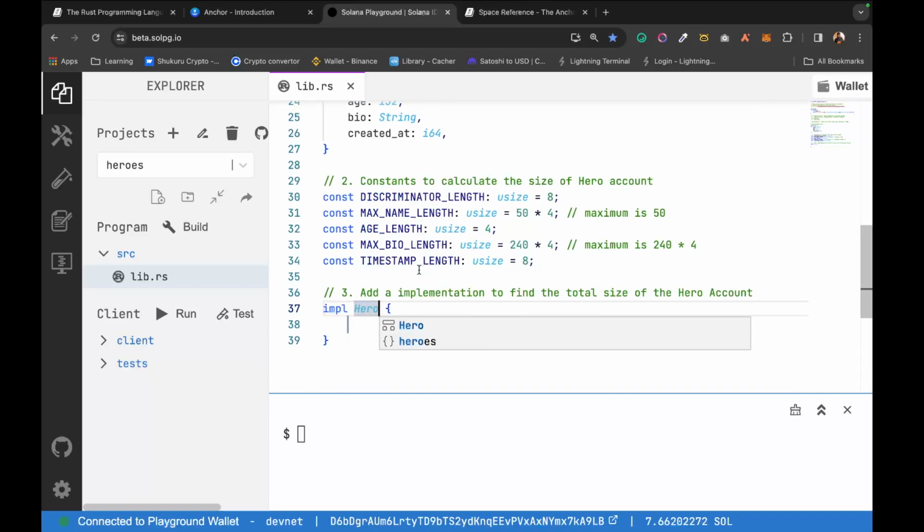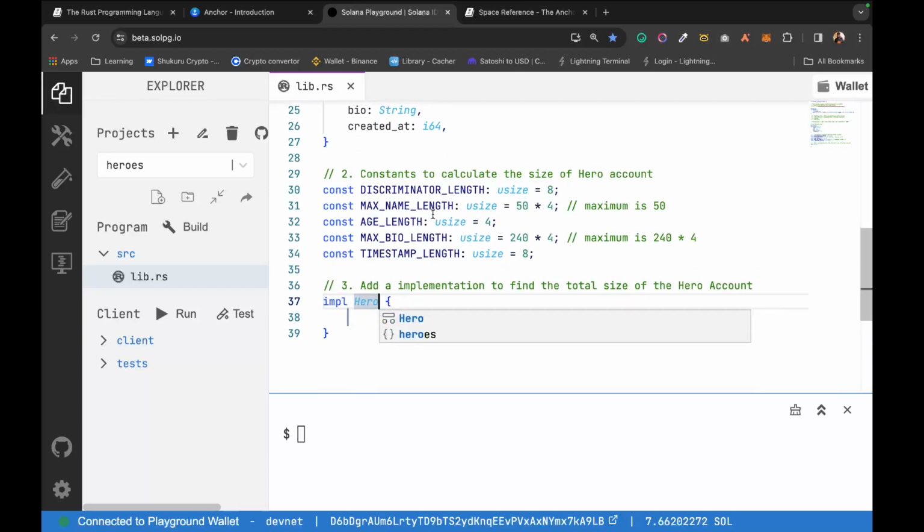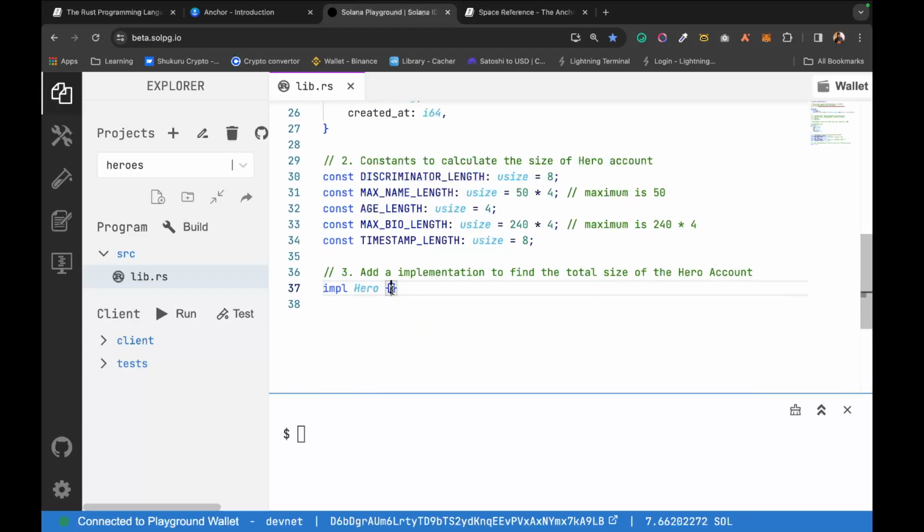and then you enter the name of the structure. So our structure is Hero, and every function that you write here is going to be tied upon the Hero. So maybe, I know we're not going to do this, but just to give you a small example, if I want to change the hero, maybe a hero name,